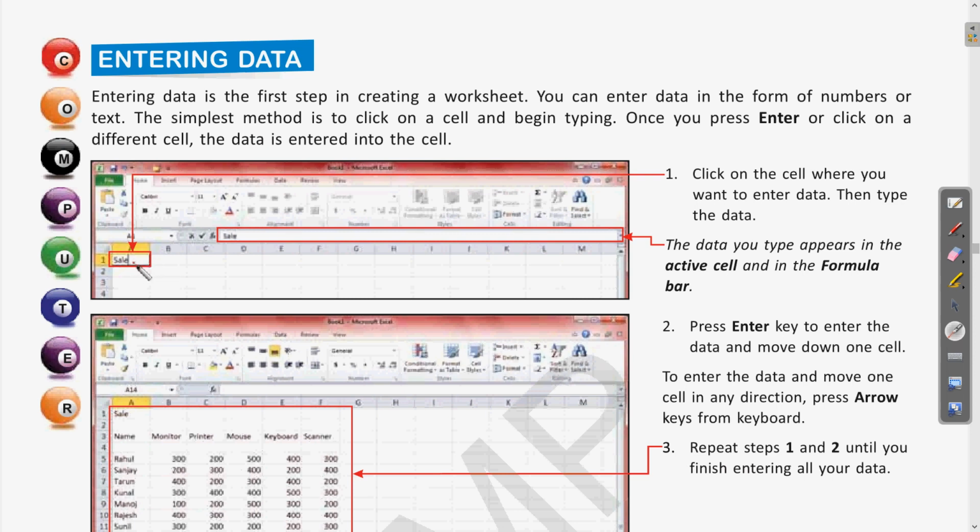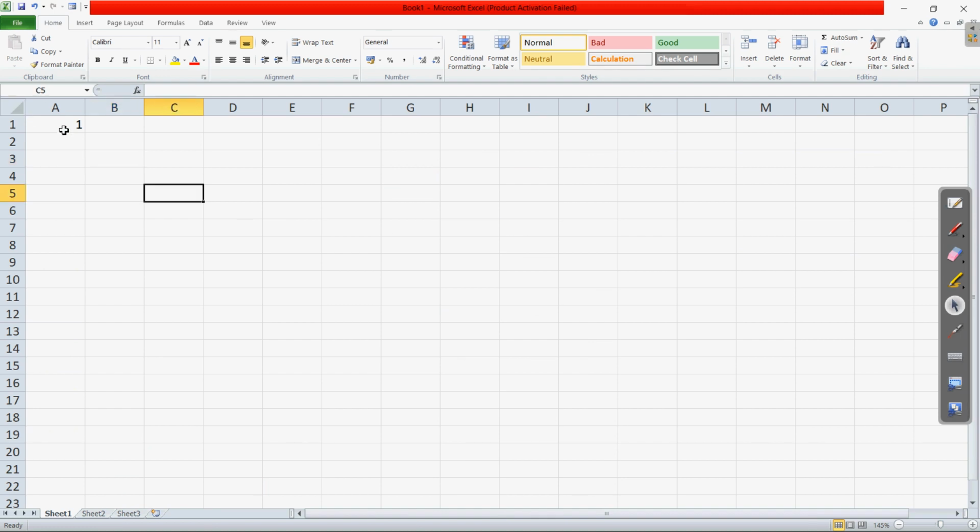So when we are entering this data, we have to select that particular cell and make it the active cell first, then we can directly enter the data, and by pressing the enter key we can move one cell down, that is to the next row. If we want to enter data in an Excel sheet, suppose, as in the example given in the book, we are entering the sales. I have written the text sale, and you can see the same is appearing in the formula bar also. Now press the enter key and we will come to the next line.